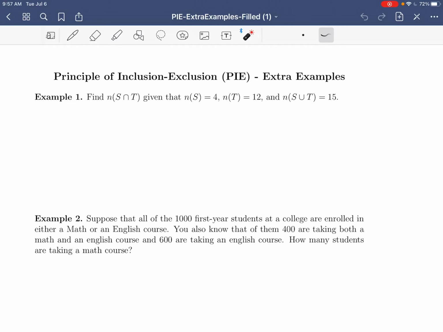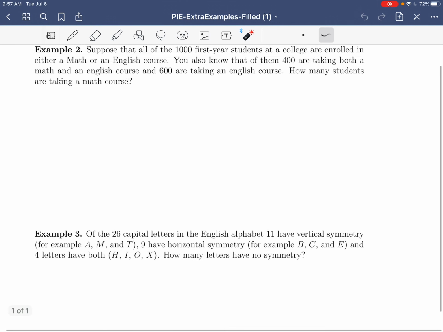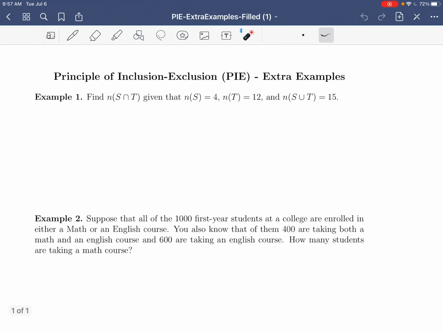In this video, we're going to do a few extra examples using the principle of inclusion-exclusion, or what we call PIE. So again, if you've gone further in the videos, these could be done using Venn diagrams as well, but they just need the principle of inclusion-exclusion, so we can do them without the picture, which is what I'm going